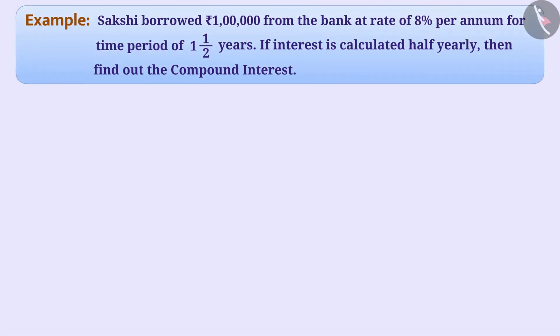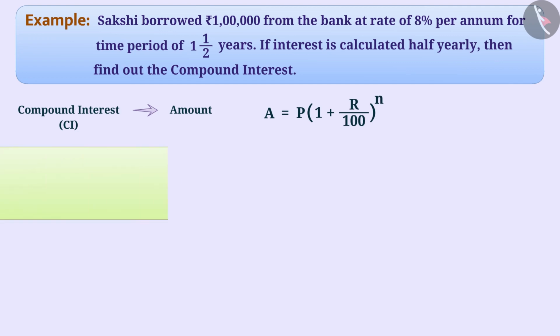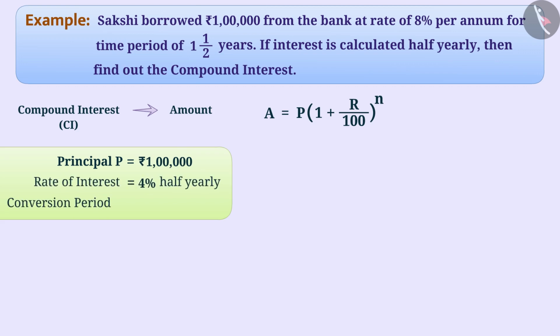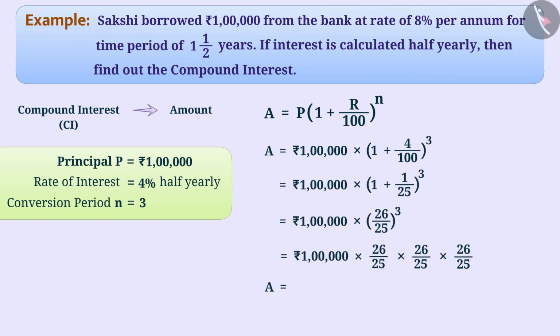Now, let's solve this question. First, we will calculate the amount related to compound interest, CI. The formula for amount is A is equal to P into bracket 1 plus R by 100 bracket raised to the power n. Here, principal P is equal to rupees 1 lakh, rate of interest is 4% half yearly, and conversion period n is equal to 3. Therefore, A is equal to rupees 1 lakh multiplied by 1 plus 4 by 100 bracket raised to the power 3. Solving this, we get A is equal to rupees